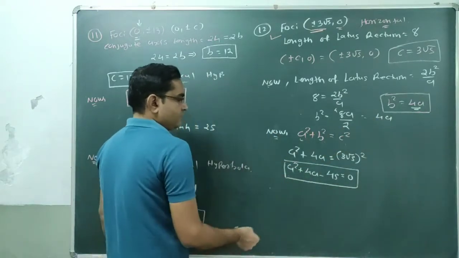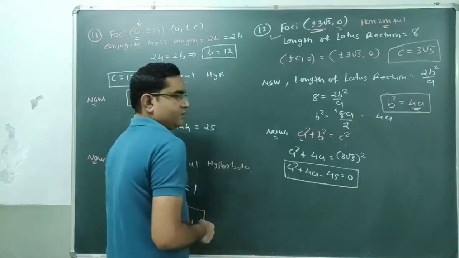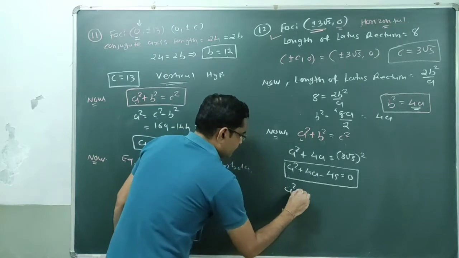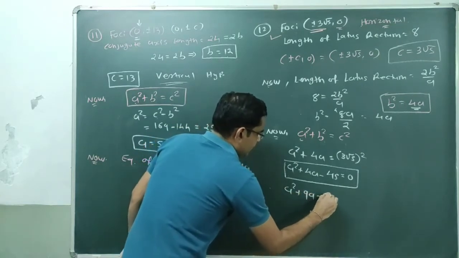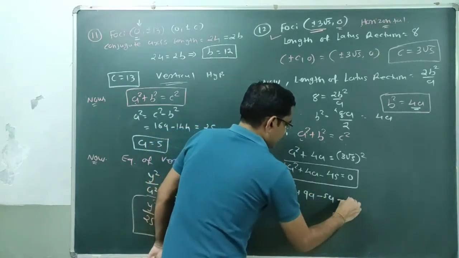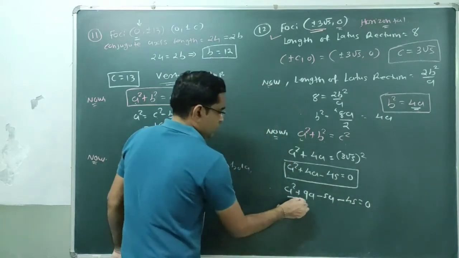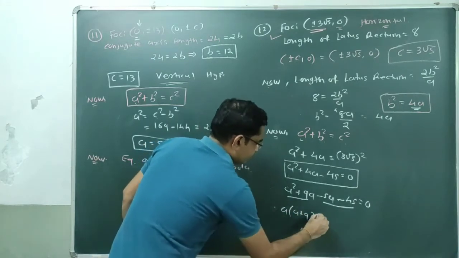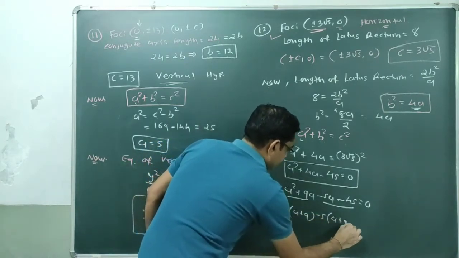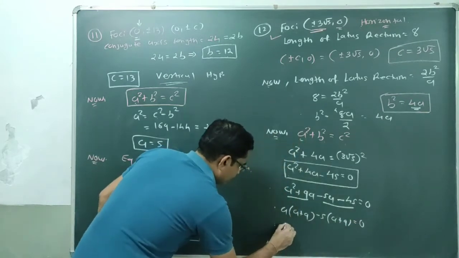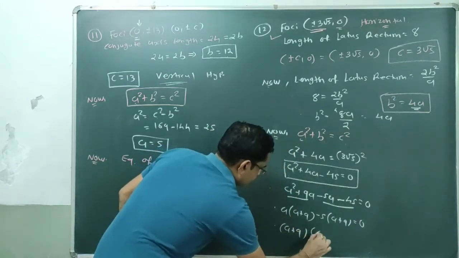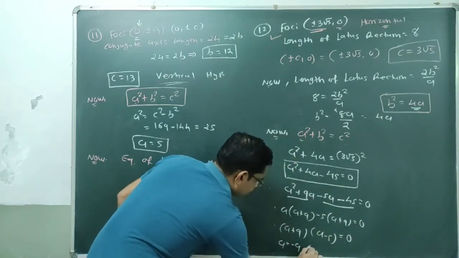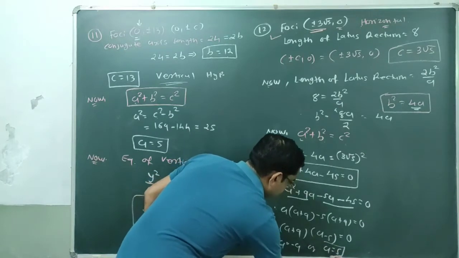तो इसका factorization होगा, factors of 45 वो subtraction is 4, क्या होगा, 9 5 जा 45, yes. So a square plus 9a minus 5a minus 45 equal to 0. First group, second group. So a is common, it's a plus 9, minus 5 common, a plus 9 equal to 0. So we are getting a plus 9, a minus 5 equal to 0. So a equal to minus 9 or a equal to 5.